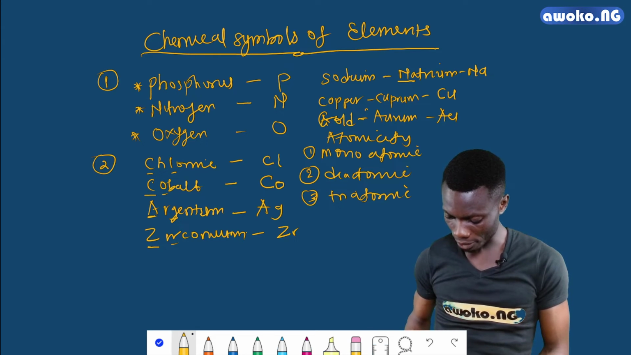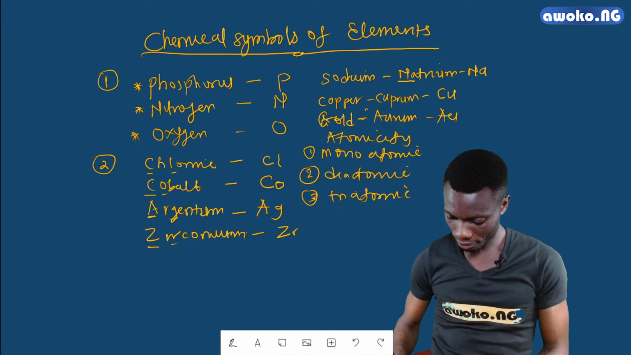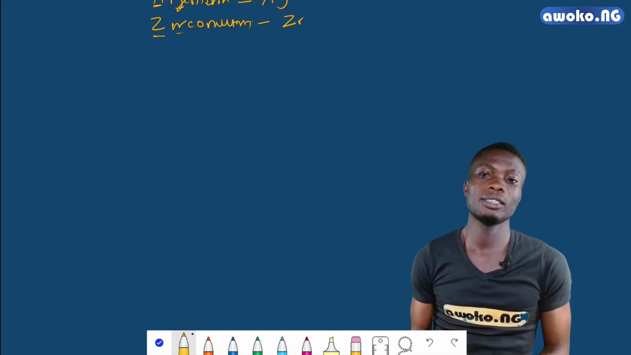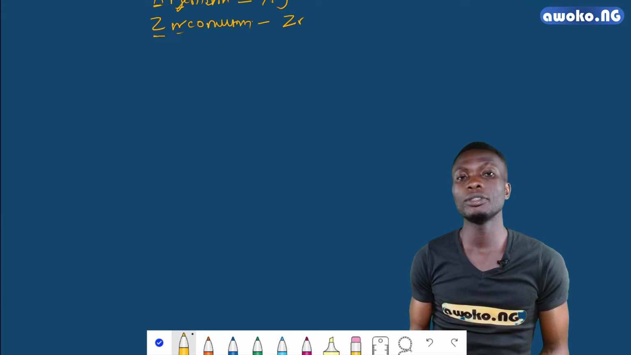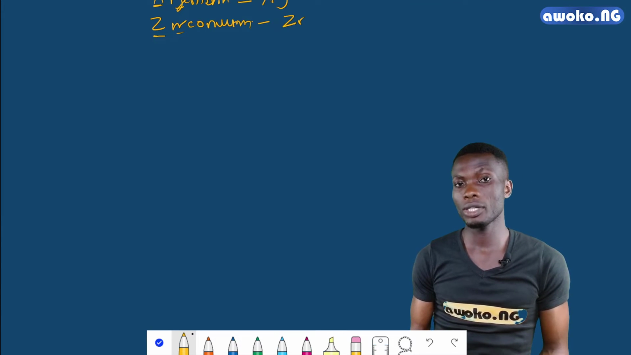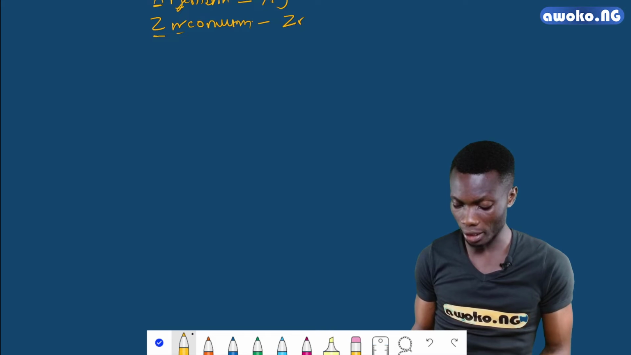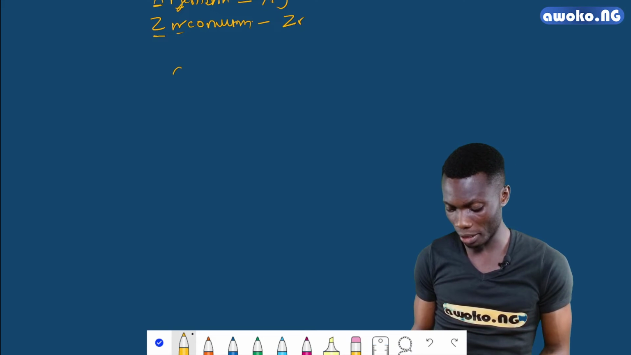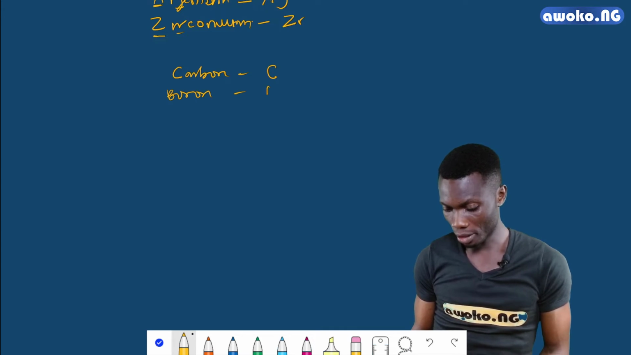You have triatomic. For the purpose of this class, there is only one element that is actually triatomic, and that's ozone. So when you see ozone, ozone is triatomic, but we'll get there. Now, we have elements that are monatomic. Monatomic elements, we have carbon, represented as C. We have boron, represented as B. We have barium